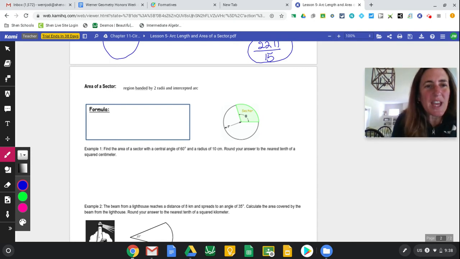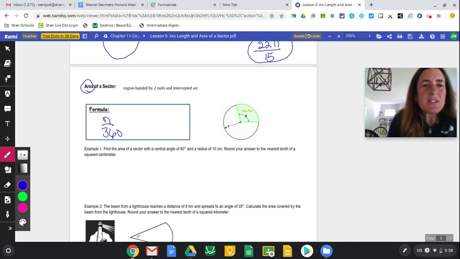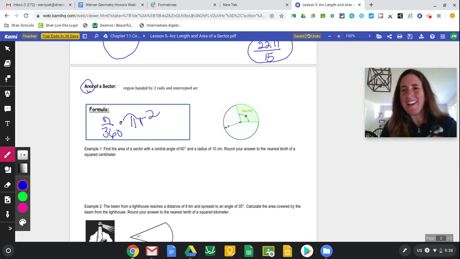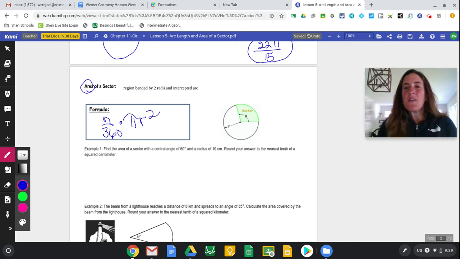So the formula for that, since we're doing area, looks similar to the other, that n over 360. We're going to take that central angle and use that as our n. But now since we're doing area, guess what, folks? Pi r squared. So the area of a circle formula, pi r squared, versus the length of the arc, which was 2 pi r or pi d,